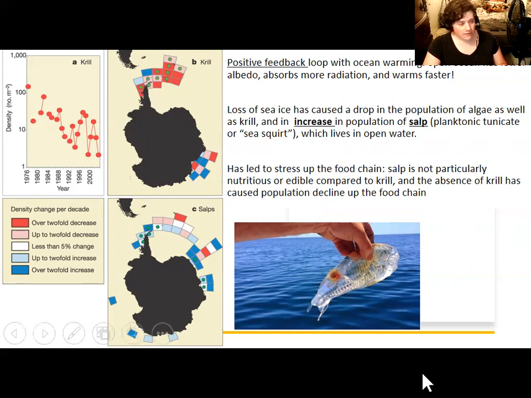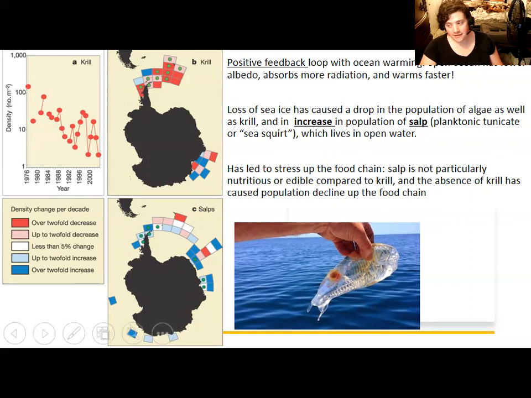An interesting consequence is that open water organisms like salp, which is a tunicate or a sea squirt, funnily enough, are thriving. Of all the invertebrates, or organisms that don't have a skeleton, this is basically our closest cousin. In its larval form, this looks like a tadpole, and it has a notochord, like the cord that runs through our spines. But the salp are an open water dwelling sea squirt that are thriving now because the ocean is becoming, well, more open and less frozen over. A consequence of this is that very few organisms actually eat salp.